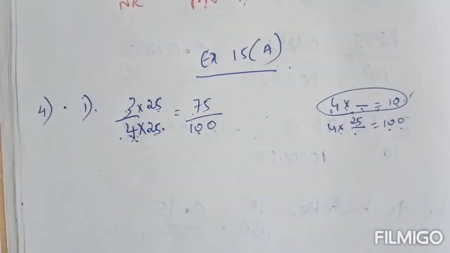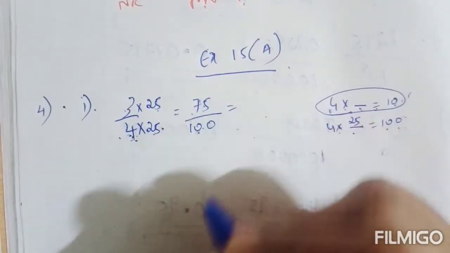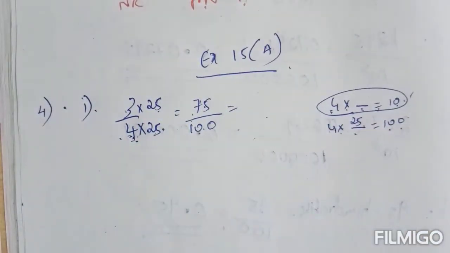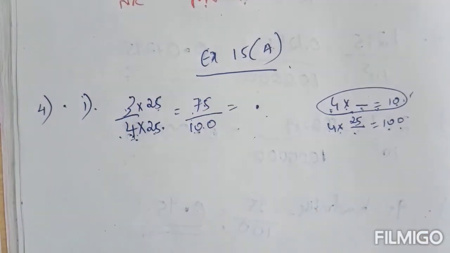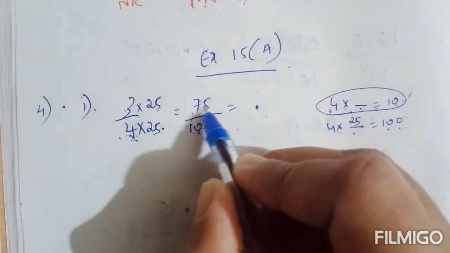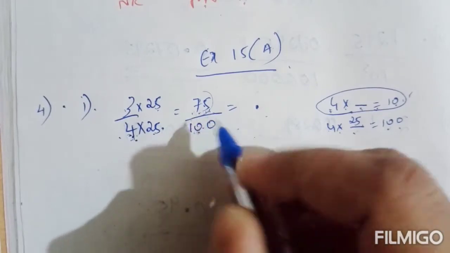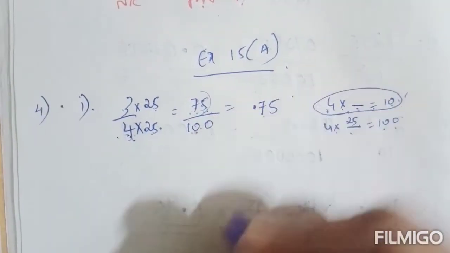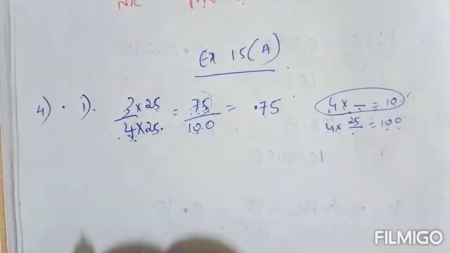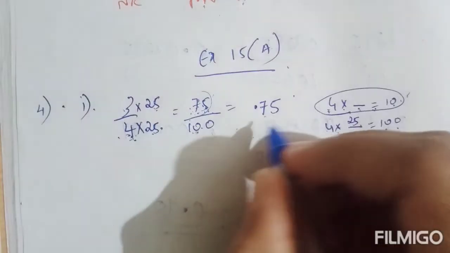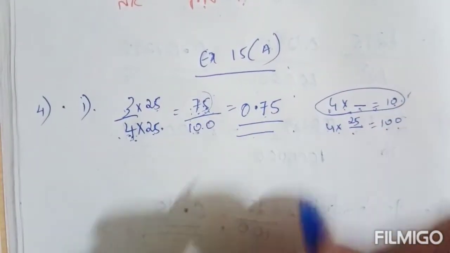So we converted the denominator to 100. Now you can convert this fraction to a decimal fraction. How to convert? Here the denominator is 100, so after the decimal point 2 digits should be there. In the numerator, you can see 75, 2 digits are there, so you can write that after the decimal point. Or you can count from the right end, 1, 2, the decimal point will be here. So the answer will be 0.75.